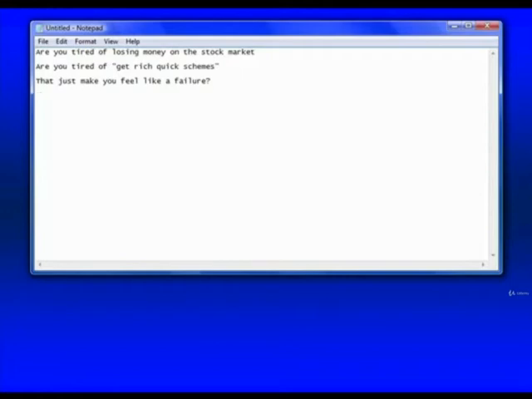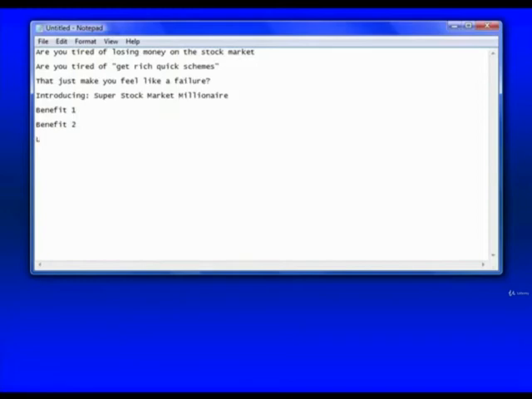Okay, now I'm going to introduce my product. Introducing. And then let's say Super Stock Market Millionaire. Now, I just made that up. Hopefully that is an actual product. If it is, I apologize. And then I'm going to go ahead and just mention a benefit of the product, maybe another benefit of the product.